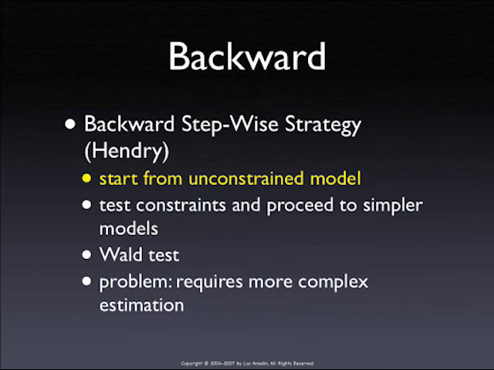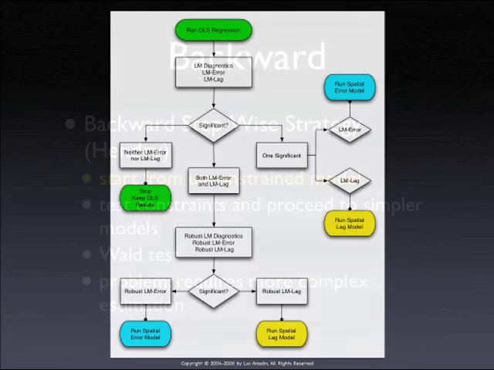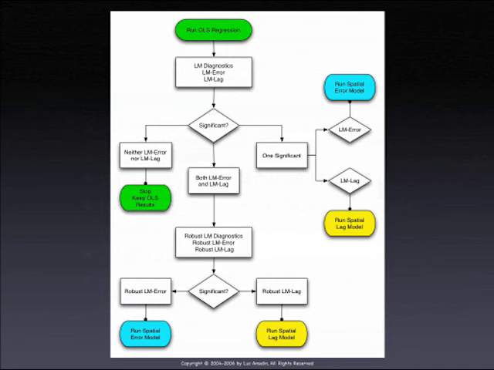The problem with the backward strategy is that you have to estimate the most complex model to begin with, which may be a challenge. Okay. Then we end up with our decision strategy. In a nutshell, we start with the OLS residuals, and then we proceed through a series of tests, which I will give you in a minute, because